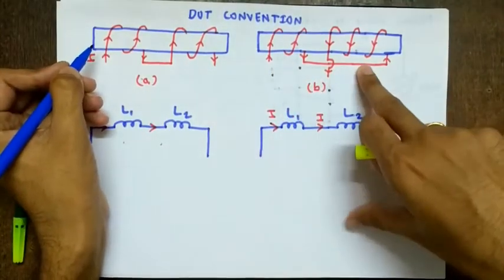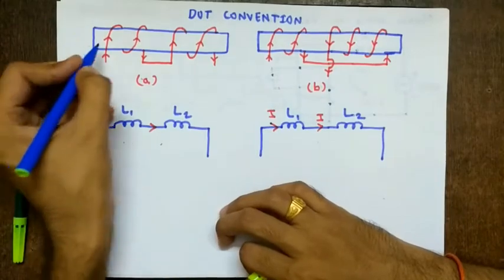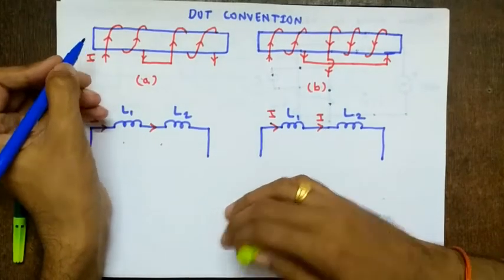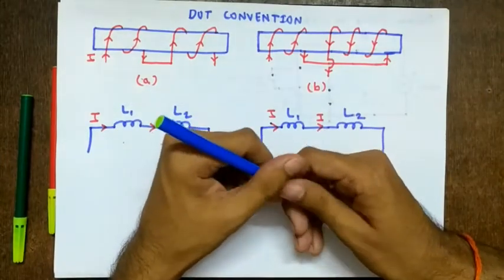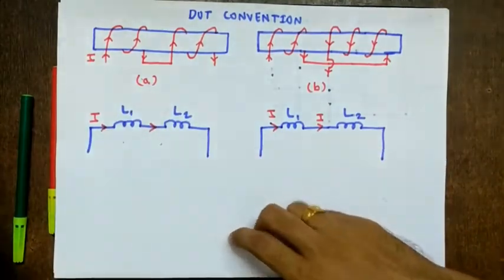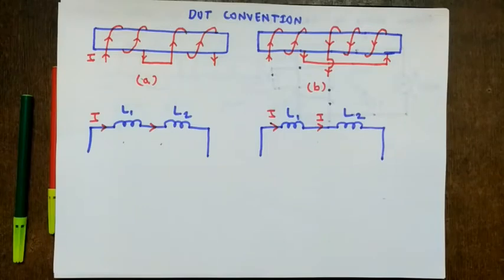Same over here. Okay. So now by Ampere's law, we know that if a current flows, it generates a magnetic field around it. If you don't know, you can take it as a law. It is actually a law, called Ampere's law. So whenever a current flows through a circuit, it generates a magnetic flux around it, and the inverse of it is also true. That is, whenever a magnetic flux exists, it generates a current along it.